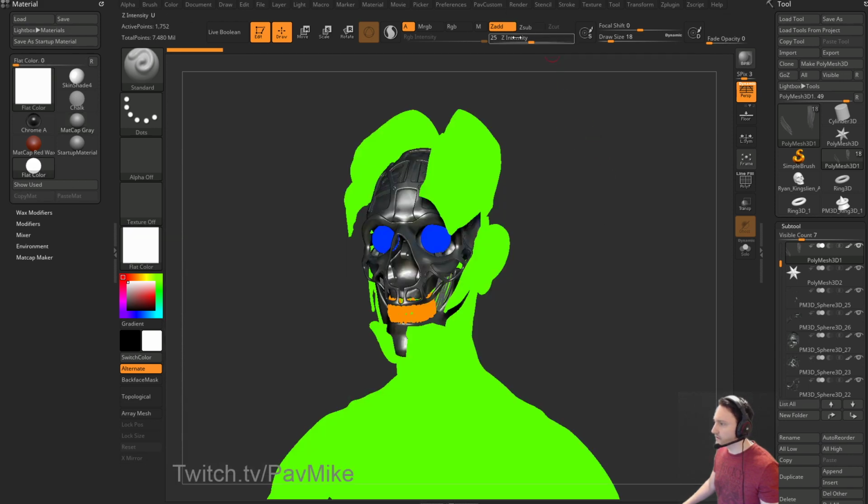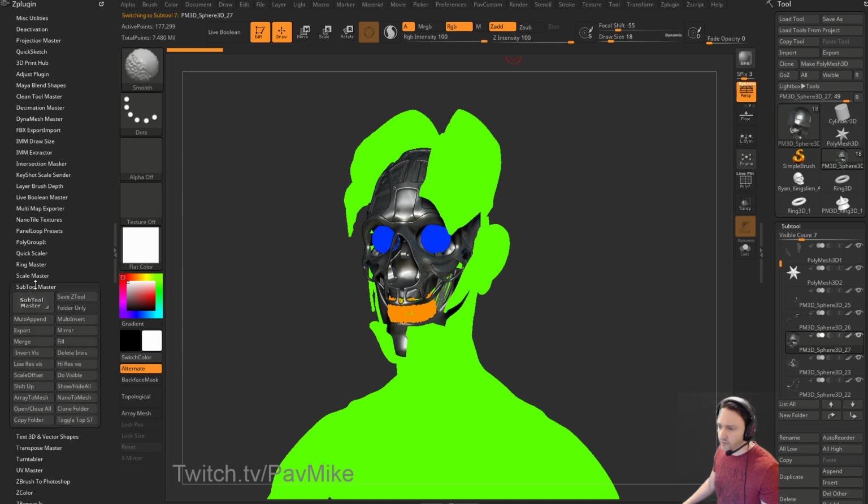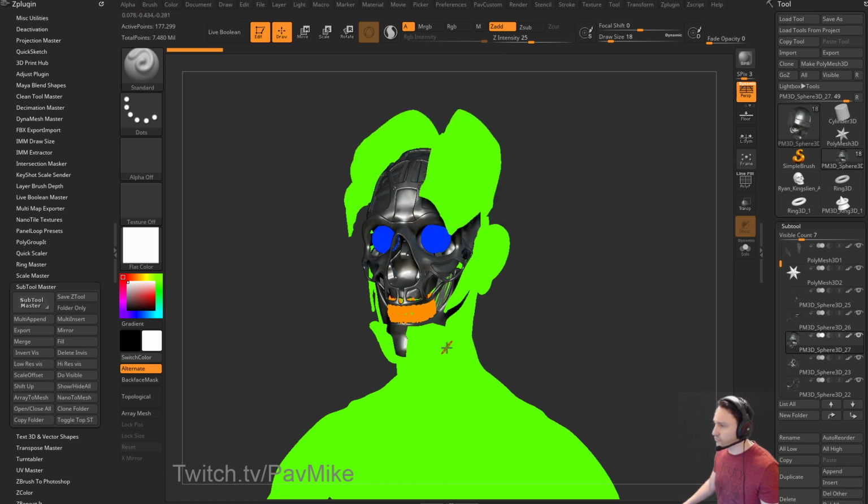and then under your render settings, you would do this for all of your materials. Just go through, and if you go in here to ZPlugin, you can go to Subtool Master, Fill, and you can tell it to fill with a color and a material, and it'll go through any visible subtool that you have and fill it, or you can just do color. So if you want to keep these colors and then just use this as a clown pass, just make sure when you're rendering